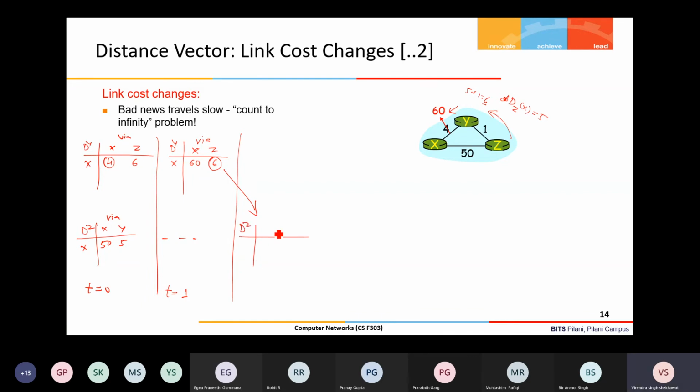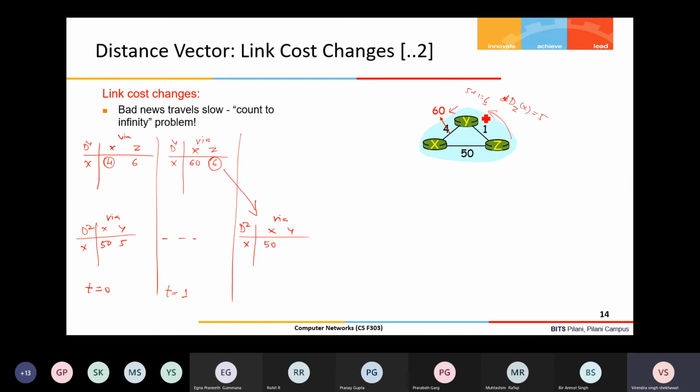Z's current situation is like this: for x, the direct cost is 50. Now y is telling z that its cost to x is 6.